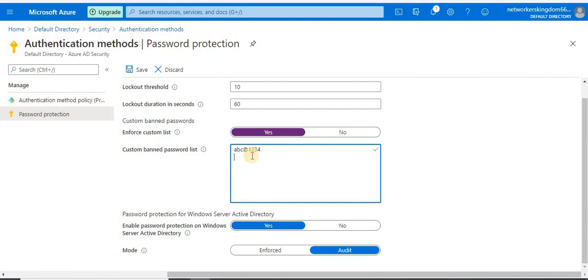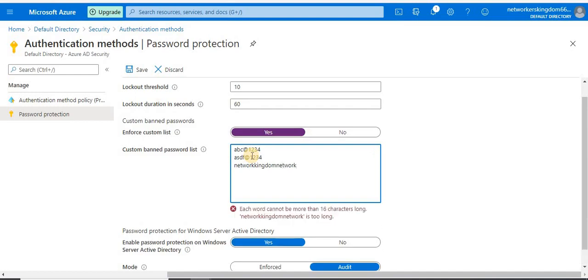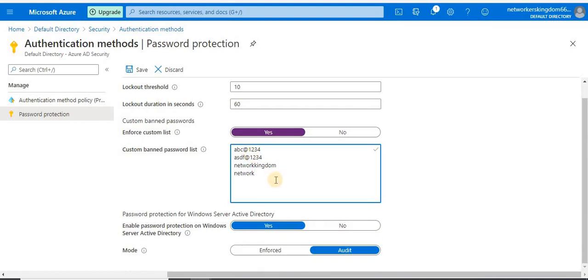So all the passwords would be mentioned line by line, like ASDF@1234, network kingdom, network, something like that. And these are all case insensitive.